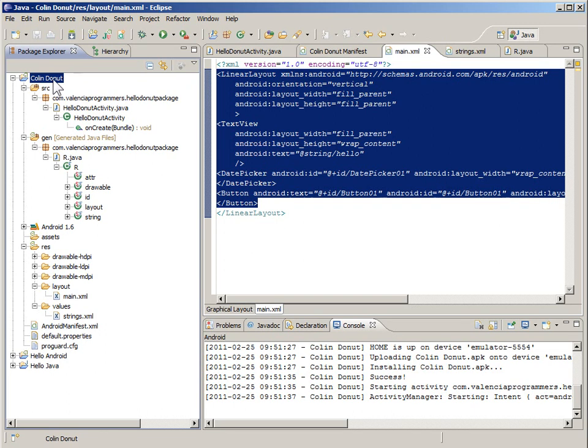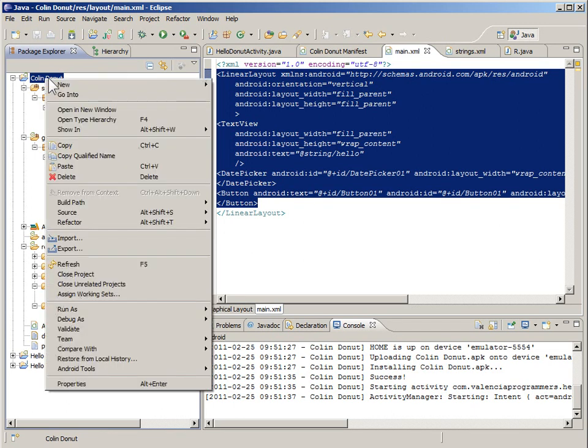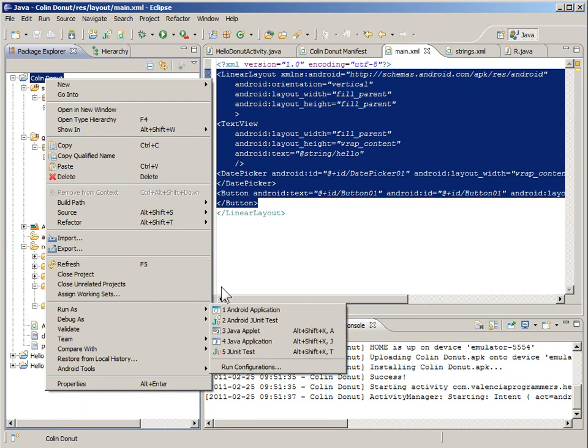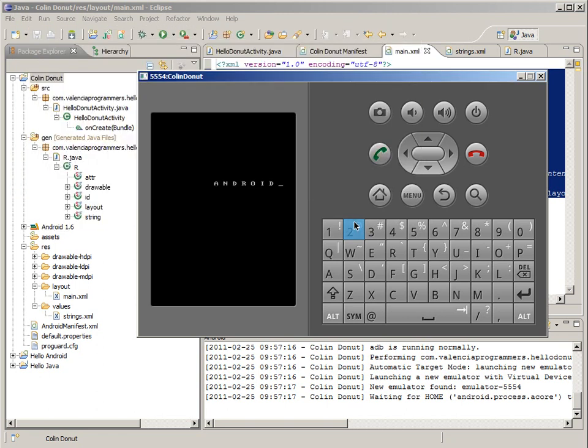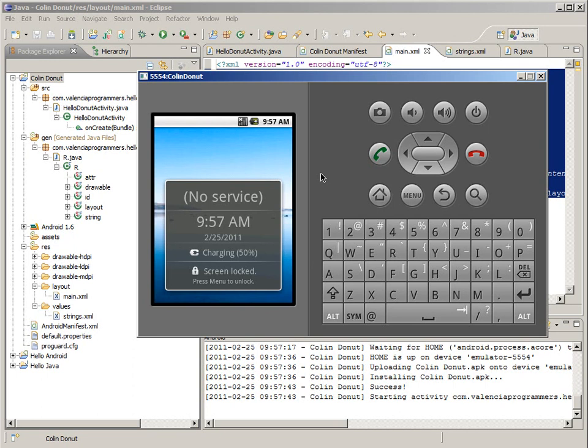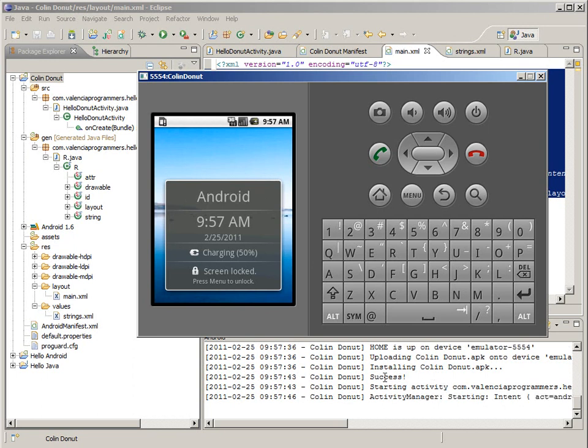So let's go back, and when we saved it, we got no red X's anywhere, and we are going to run it again just to see that we can do stuff to our Android application that almost starts to be interesting. Okay, so watch in the console. It takes so long, you have to do something, or else you'll sit there and worry that it's not working. So in the console, if you see that